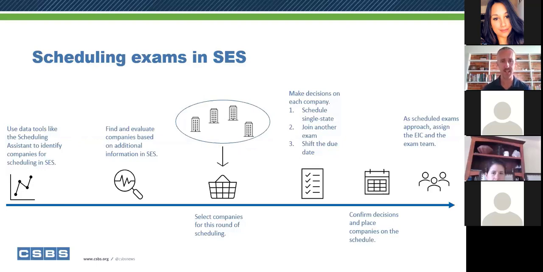So that's scheduling in SES. And like I mentioned, each agency can do this as frequently or infrequently as they need to. If you have a relatively small portfolio of maybe consumer finance lenders or auto lenders, maybe you only schedule those exams out once a year. That would be very easy to do. On the other hand, if you have thousands of mortgage companies and you've got to do thousands of exams a year, then you may need to schedule, or you probably already are scheduling, more frequently in your process, and you can do that in SES just as you do today.